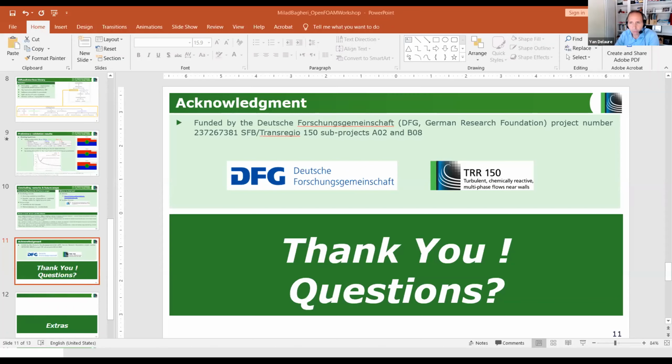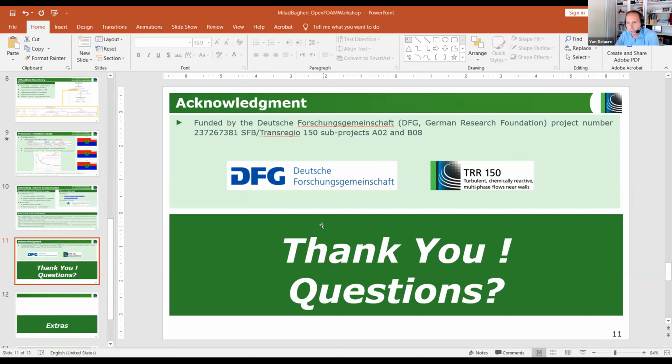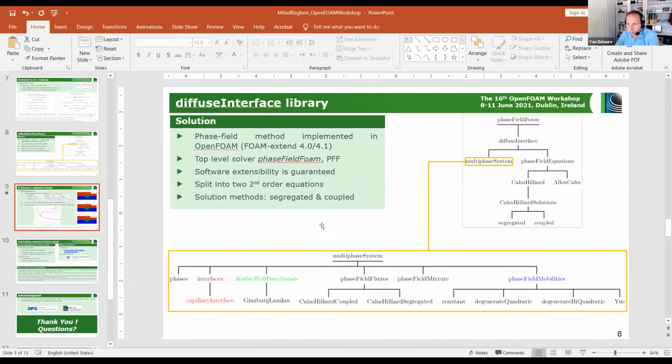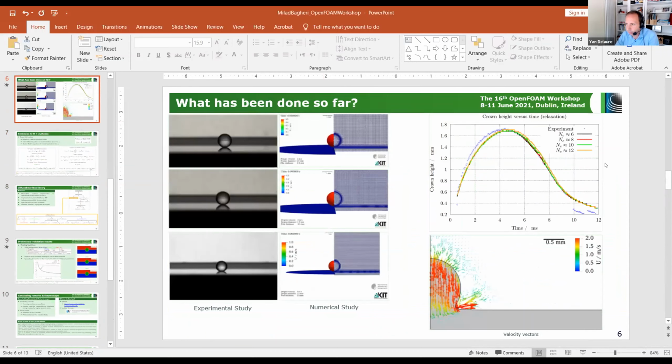I would like to go back to the graph where you were showing the comparison between experiments and your numerical solution, this one here. And I was just interested to know, and perhaps I misunderstood what NC stands for, but I was curious to understand why you had that step type of response towards the peak with the yellow curve.